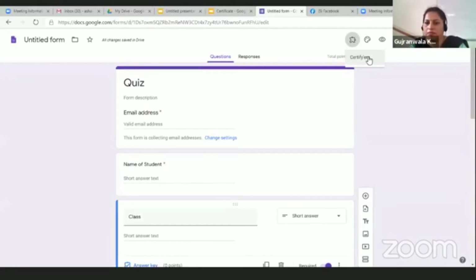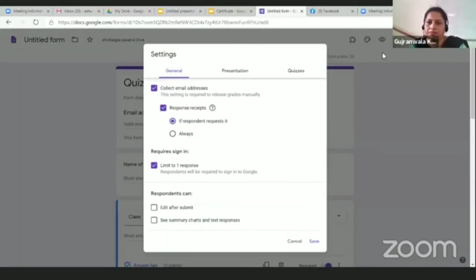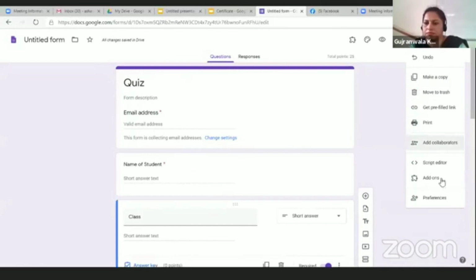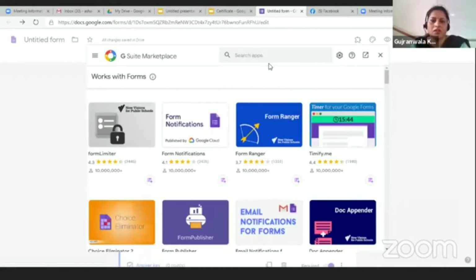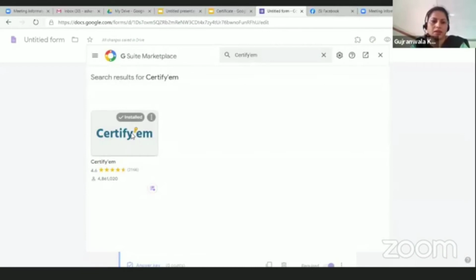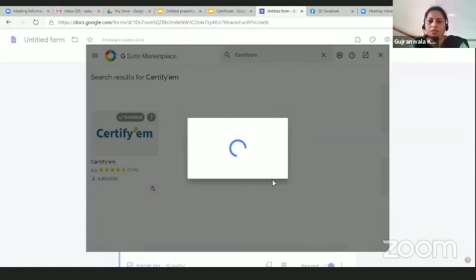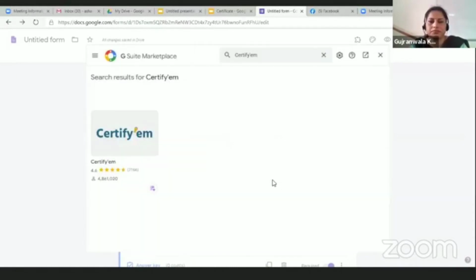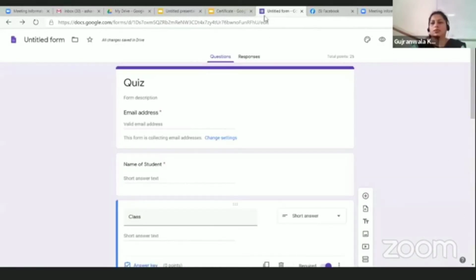Let me remove Certify. It's already installed. I want to uninstall it because I want to show you how to install it again. Okay, now it's uninstalled.